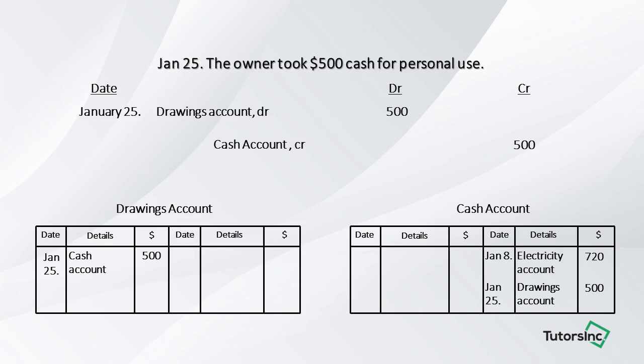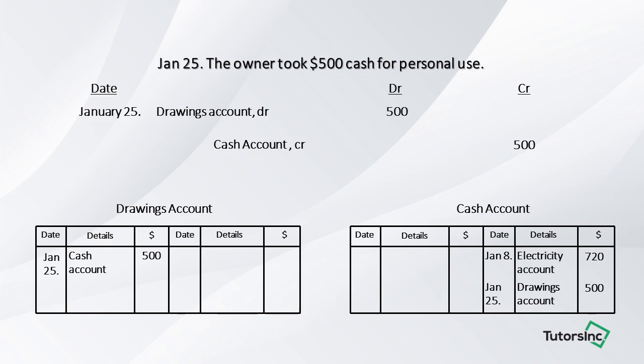On January 25, the owner took $500 cash for personal use. The right approach is going to be to debit drawings account by $500 and to credit cash account by $500. The first entry would therefore be made on the debit side of drawings account. The name would remain cash account, and also since cash account has been credited, we would record the second entry